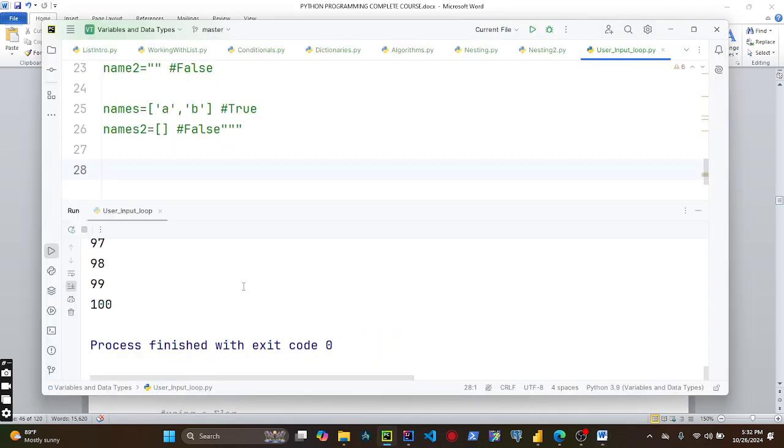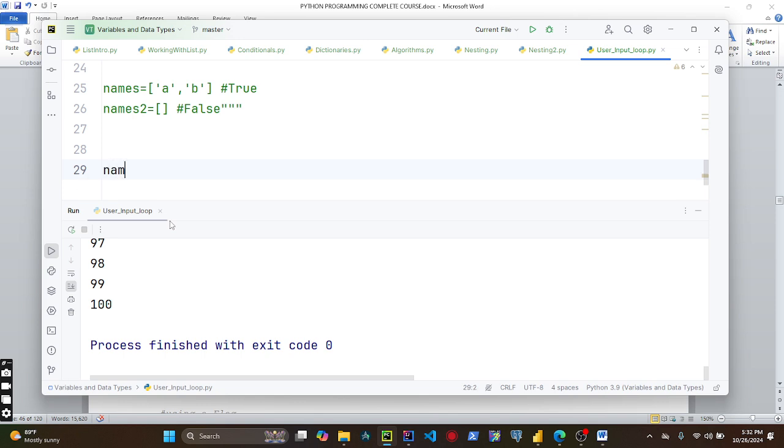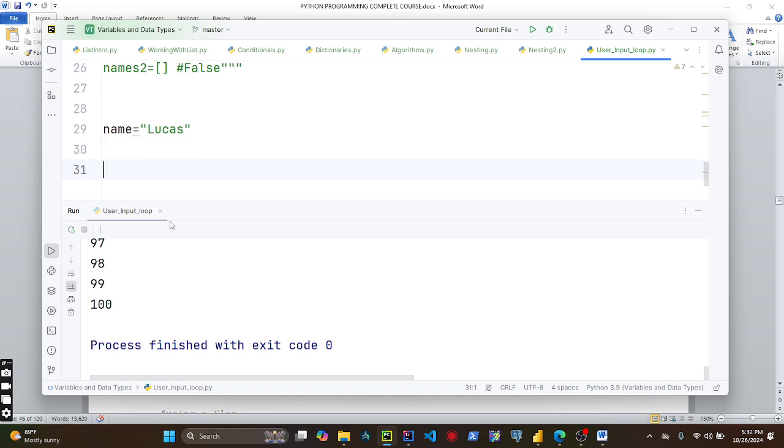So let's see how we can do something by ourselves. I'll create a variable called name, assign it a value of Lucas. Now it is not a must that this string must be empty, provided the value is not equal to the value that you are trying to create as a condition. So I will come here and say while name is not equal to stop, you can do something like this, and you can even expand it and make it a bit more complex and say or name is